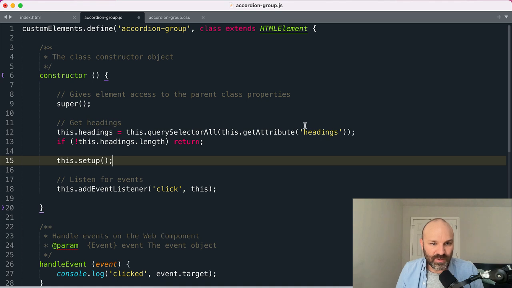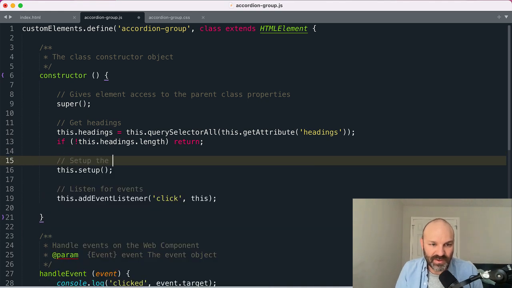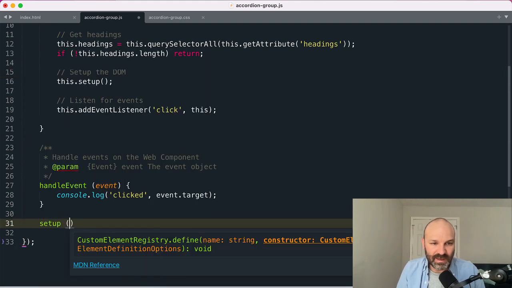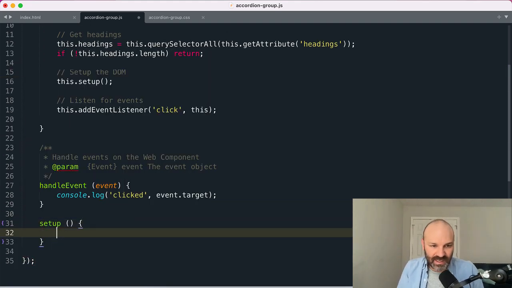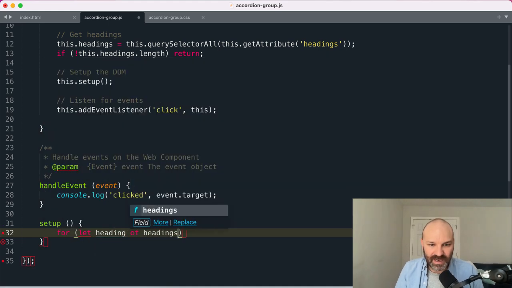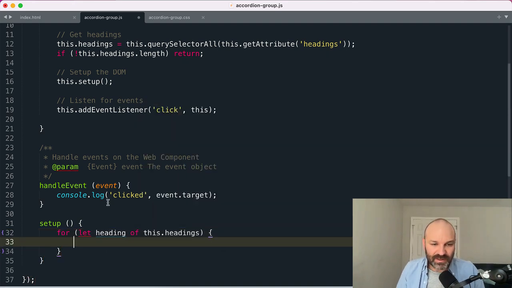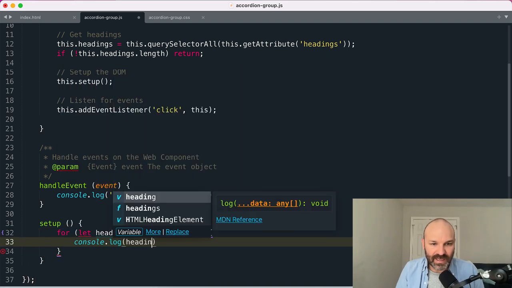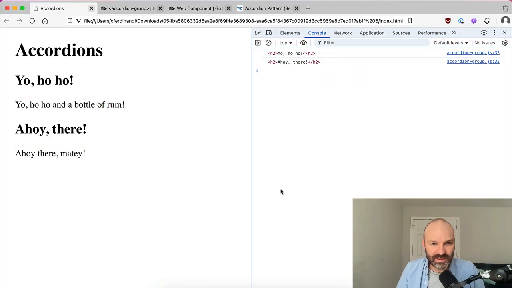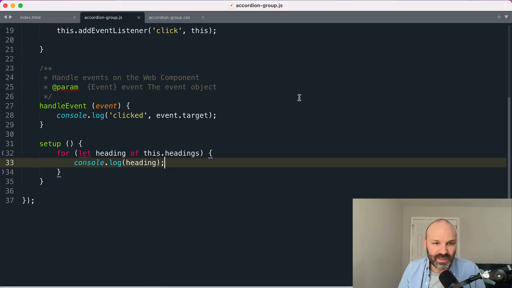And this will handle all of that for us. So set up the DOM, and then we'll go down here. We'll add a setup function. And so in here, we're going to say for let heading of headings. Nope, sorry, this headings. And so then we're gonna loop through and we're gonna modify each heading. So if we come over here, we've got our two headings. We know that's working the way it should. So for each heading, we want to